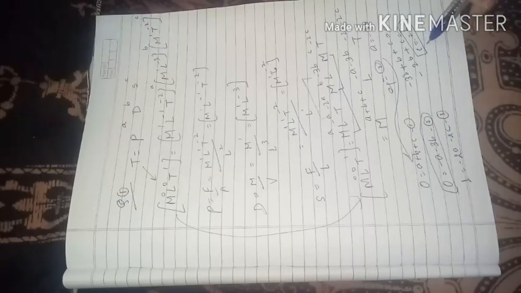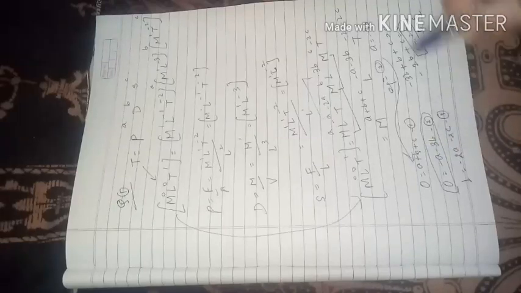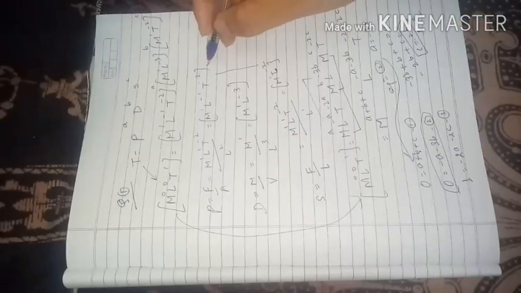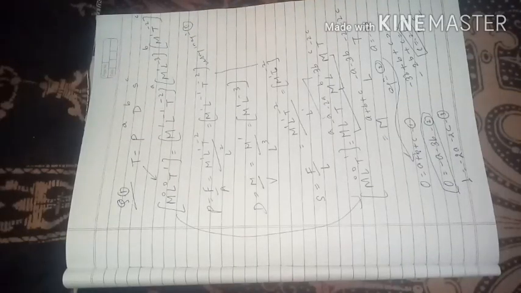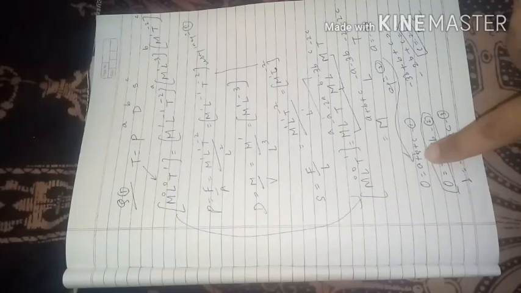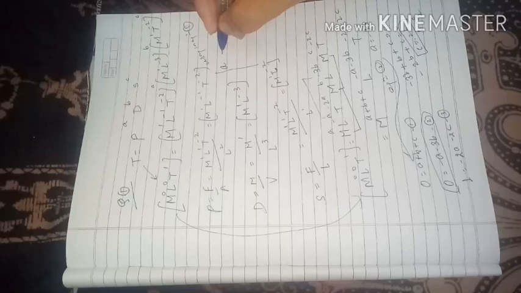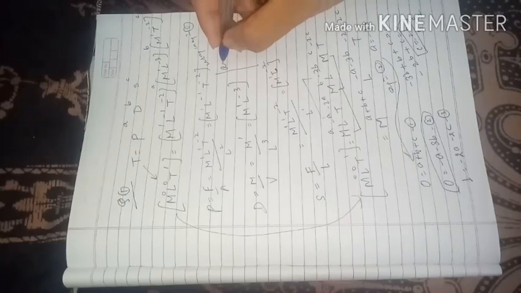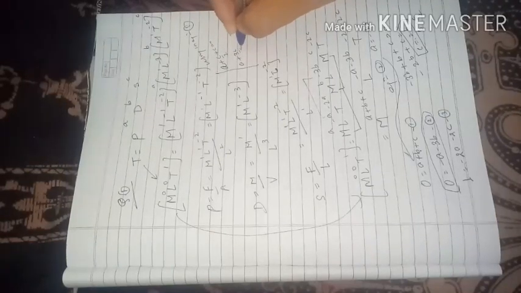Okay, so this is C equal to 2B, so I'll get from here B is equal to C by 2, so I'll put it here in equation number 1. So equation number 1 is this one, right? So this will become A. In place of B, I'll write C by 2. So C by 2 plus C by 2 will become 3C by 2. So this is A plus 3C by 2 equal to 0.